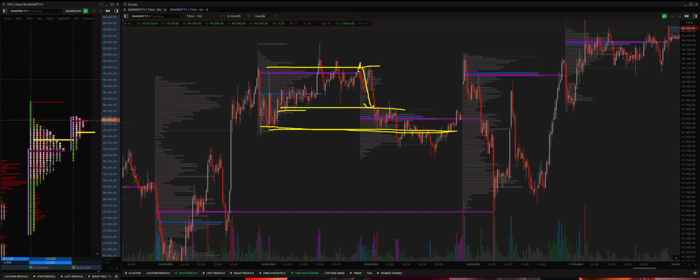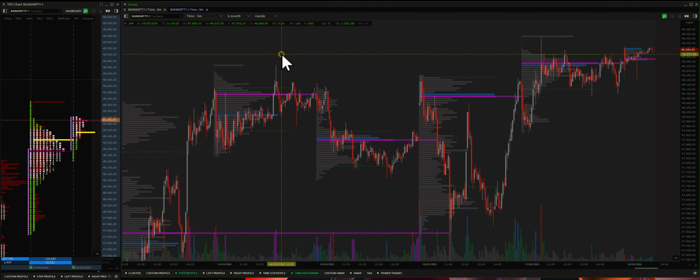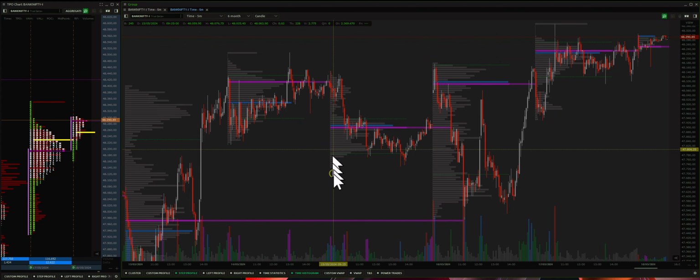So this is the second variant of how you can use the value area. The first one is if you're opening outside of value of the previous day. That was this case, the 14th of May, where we opened outside of value of the 13th May volume profile. And on the 15th of May, what we saw was that we opened